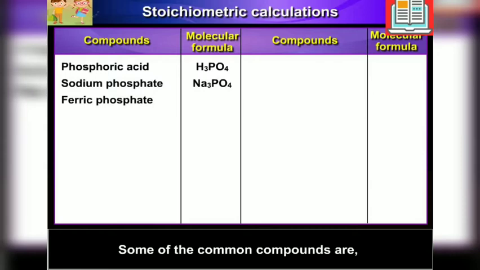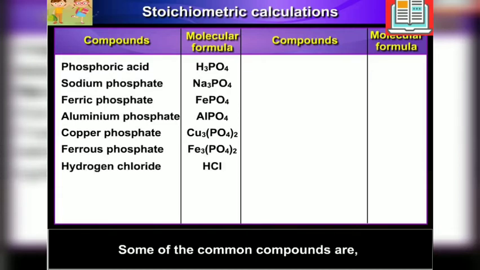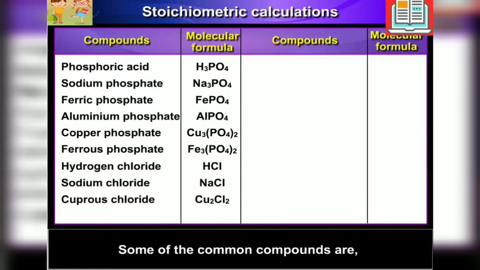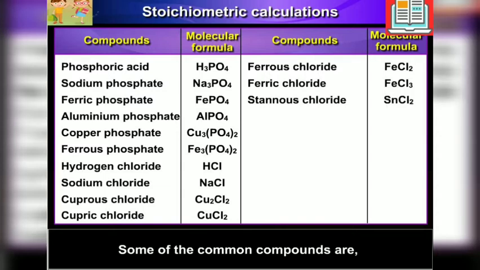Na3PO4, ferric phosphate, FePO4, aluminium phosphate, AlPO4, copper phosphate, Cu3(PO4)2, ferrous phosphate, Fe3(PO4)2, hydrogen chloride, HCl, sodium chloride, NaCl, cuprous chloride, Cu2Cl2, cupric chloride, CuCl2, ferrous chloride, FeCl2, ferric chloride, FeCl3, stannous chloride, SnCl2, stannic chloride,